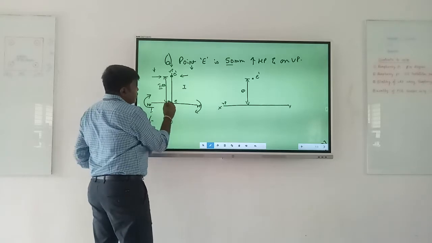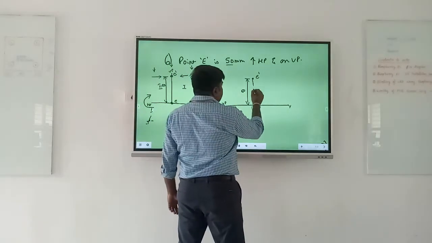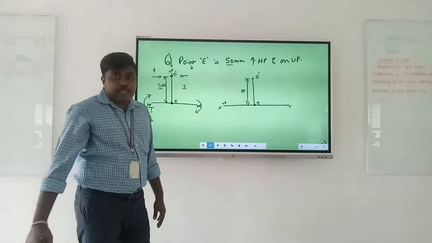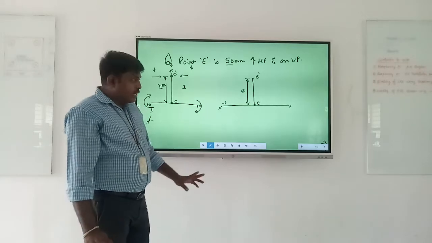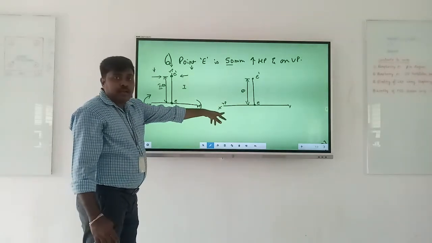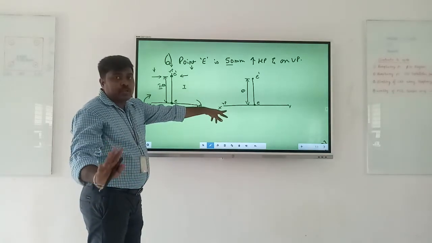So when I rotate clockwise 90 degrees, the point will still fall on the origin itself. So straight down on the origin, put one point, call this point as point E. That's all. And HP, if you write it below the line, you say it as a first quadrant, and indirectly you are telling it is nowhere related to second quadrant.